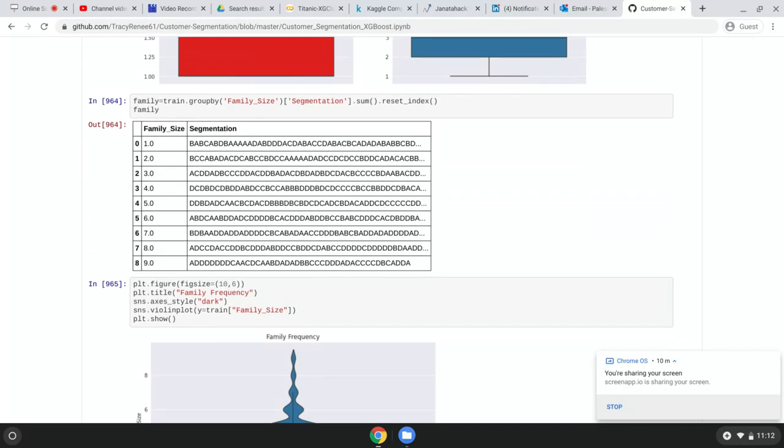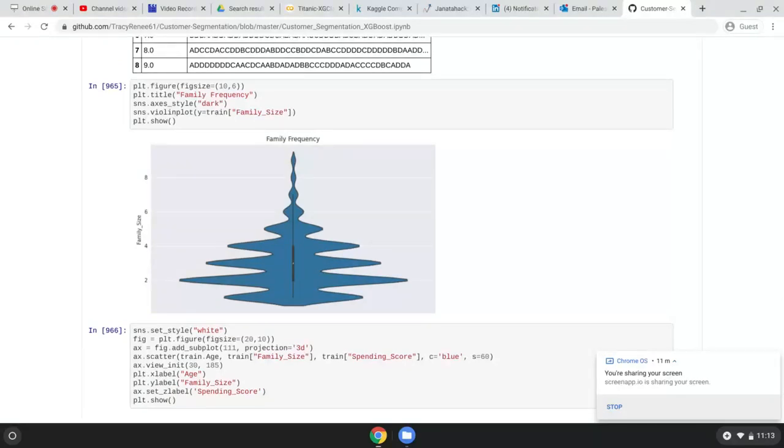So then we did a group of the family size. I suppose if I had wanted to, I could have made a small, medium, and large family. So a small family would be 2 people, a medium family would be 3 to 5 people, and a large family would be 6 and over. I suppose I could have done that, and that may have improved my score a little bit more. So we did a violin graph of the family size,